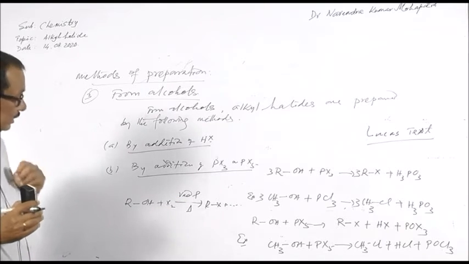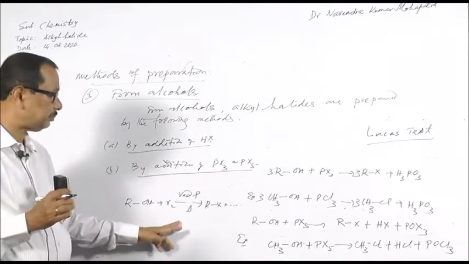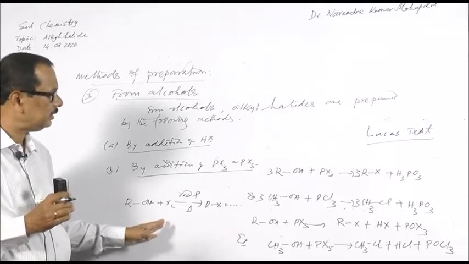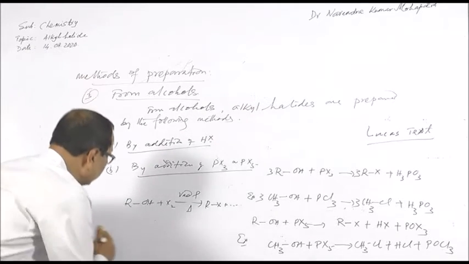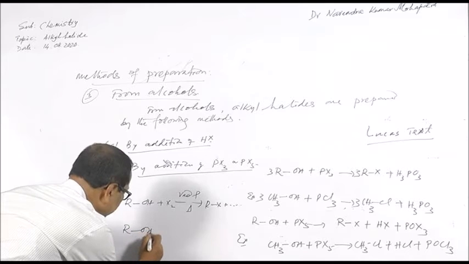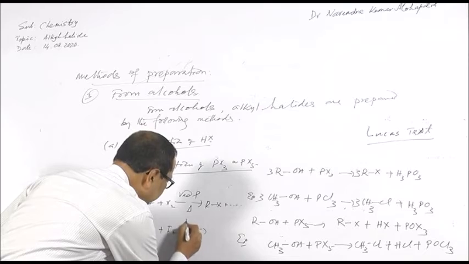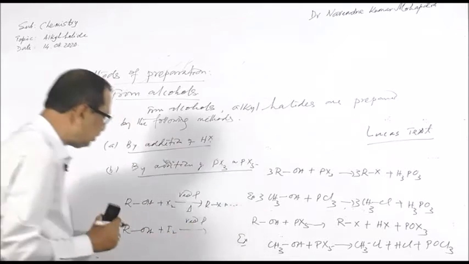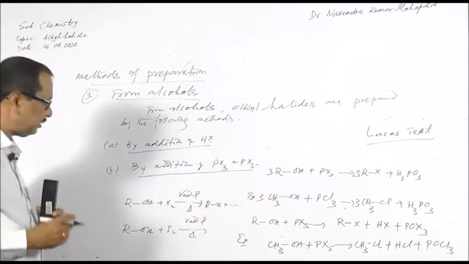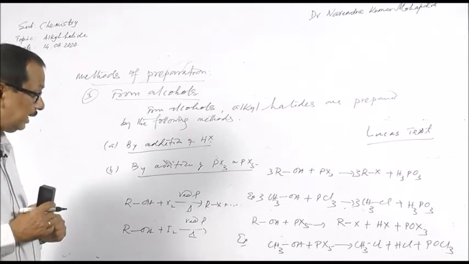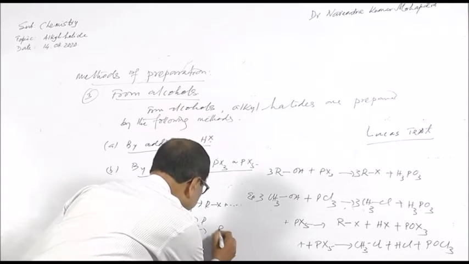Again, in this reaction, the halogen, say chlorine or bromine: chlorine is a gas and bromine is a liquid, therefore it is difficult to use them in the laboratory. So in the laboratory, we use ROH, the simple reaction, plus iodine in the presence of red phosphorus, because iodine is a solid and red phosphorus is also a solid. Therefore, the preparation of alkyl iodide is preferred, by treating this to give RI